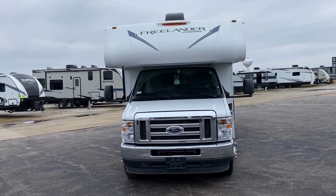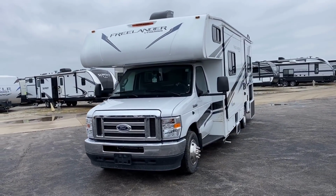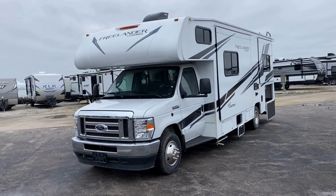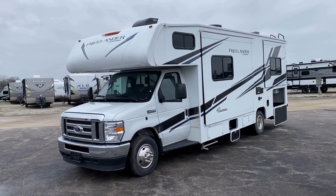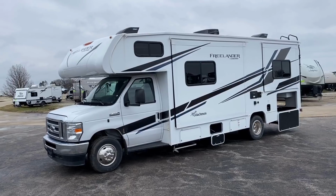Anyway, we are on a Ford E450 chassis. This has a 7,500 pound tow rating, which is nice. The Ford chassis does have a higher tow rating as compared to the Chevy chassis. This is one of the very few Freelander...